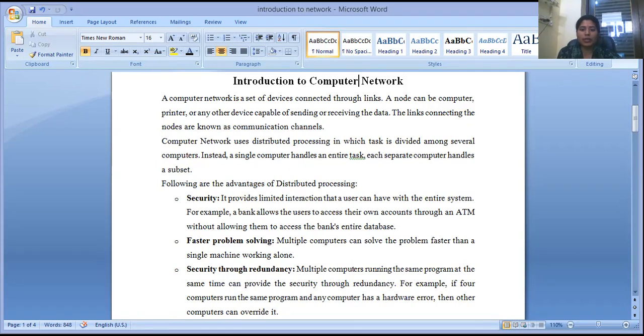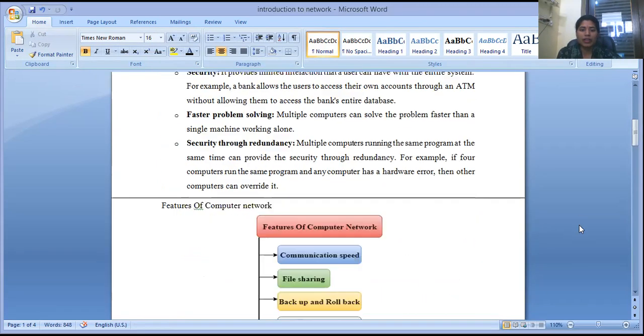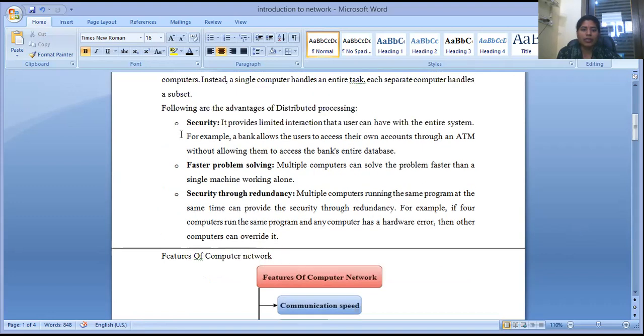There are some advantages of distributed processing. First is security, second is faster problem solving, third is security through redundancy. So what is security? Security provides limited interaction that a user can have with the entire system. For example, a bank allows users to access their own accounts through an ATM without allowing them to access the bank's entire